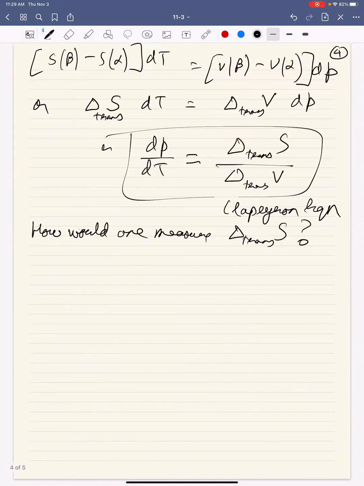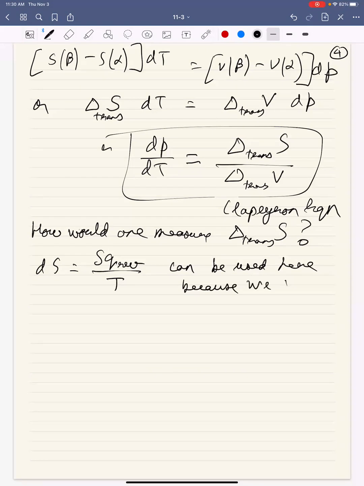So when two phases are in equilibrium, what do we know about dS? dS is equal to delta Q reversible by temperature, remember? And we are talking about change happening at equilibrium, so we can use this equation. We don't have to worry about free energy here because we do have an equilibrium phase boundary. So dS is equal to delta Q reversible by T can be used here because we are talking about